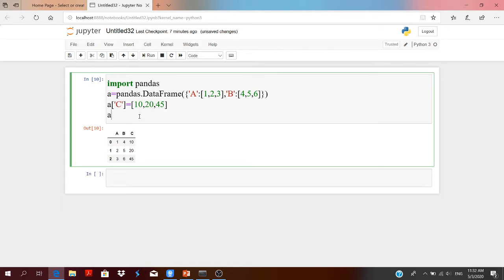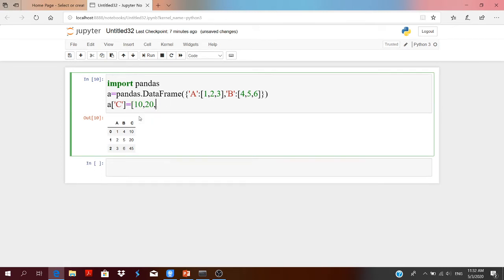Now you can also add rows to your data frame. For adding rows to your data frame, you first have to create another data frame and then use the append function.